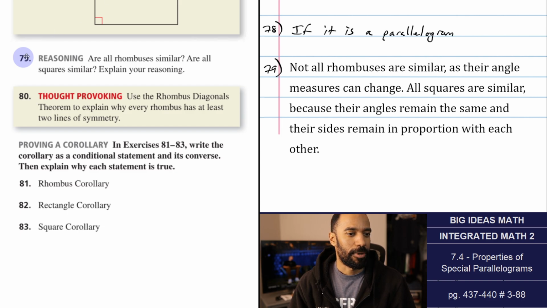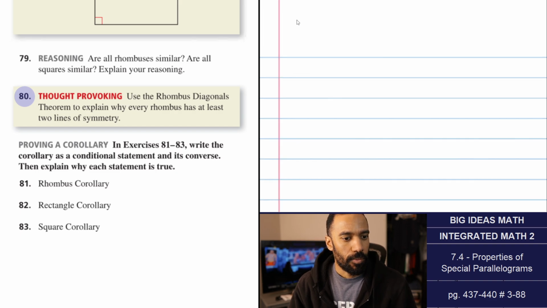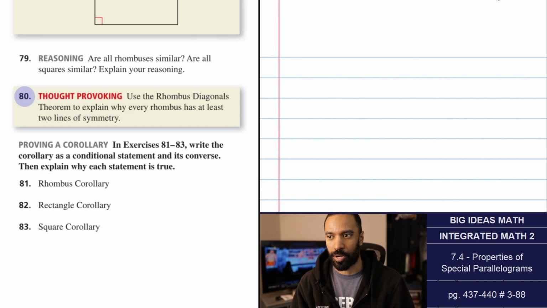Okay, number 80. Those go pretty fast outside any proofs that are coming up. Use the rhombus diagonals theorem to explain why every rhombus has at least 2 lines of symmetry. So,